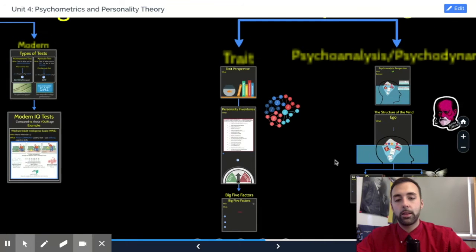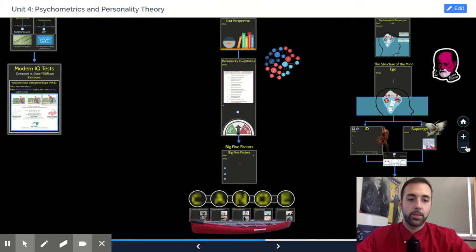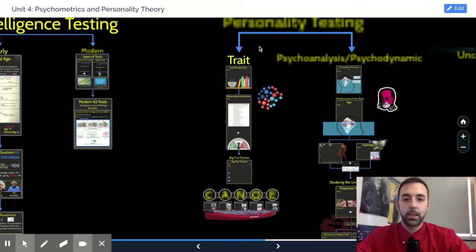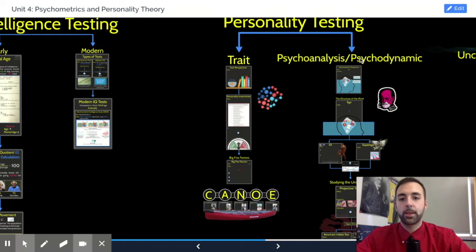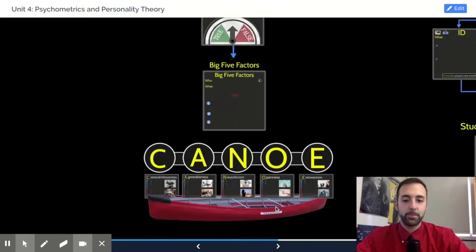It's a little bit of a unique shape in terms of this concept map. So what we see here under personality testing are two categories, trait and then something called psychoanalysis. This essential task entirely involves the trait column. You see 3 boxes here. And then at the bottom, you see technically 5 boxes from left to right, which vertically might seem challenging, but